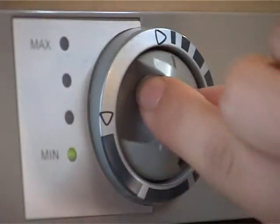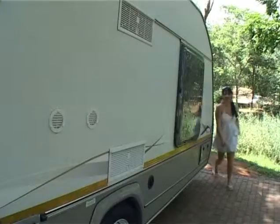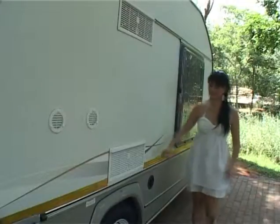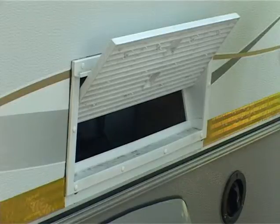Always try to load the refrigerator with pre-frozen or pre-chilled foodstuffs and drinks. Do not use the refrigerator as a deep freezer. Do not overload it, as this will limit interior air circulation, reduce chilling power, and possibly lead to the loss of perishables. For maximum chilling, turn the thermostat knob clockwise. In warm weather, air circulation to the refrigerator can be increased by opening the swiveling ventilators fitted in the Caravan